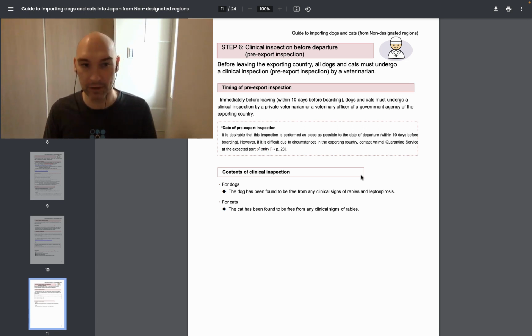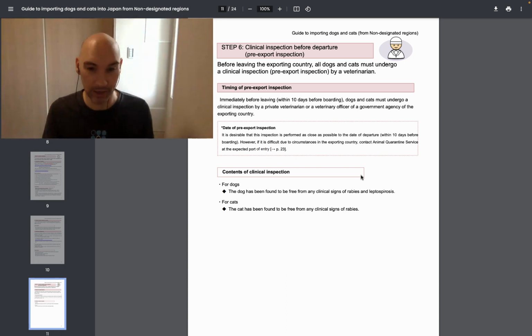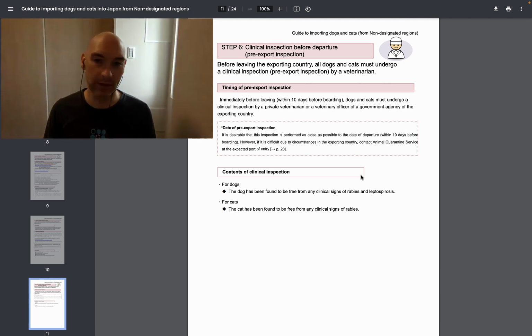Because again, I understand, maybe you get on the plane on the 10th. Okay, that's within 10 days of boarding. You now arrive in Japan, and depending on where you're coming from, for example Hawaii, the time difference is even larger. They may say, well, this is 11 days, 12 days old, and it's, yeah, but I boarded. Now you're getting into a bunch of minutia with somebody who maybe hasn't read this, maybe doesn't know the rules. So again, it's very important that you give yourself every advantage that you have,